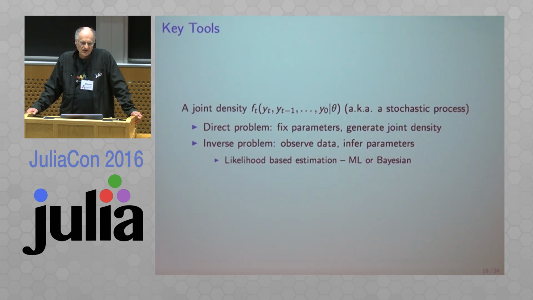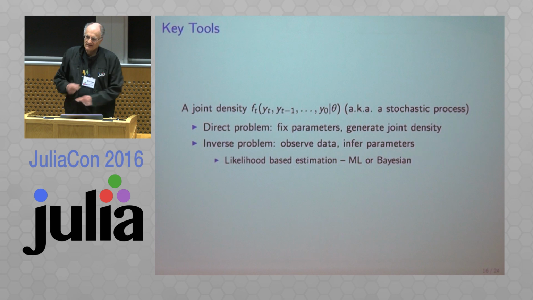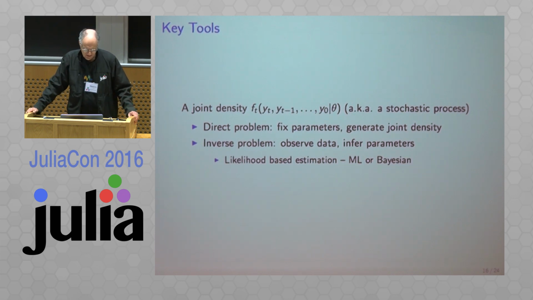Okay. What's the inverse problem? You observe the Y's. You observe one realization of the Y's, and you invoke faith and God and laws of large numbers and central limit theorems and stuff like that. And you want to infer the parameters. So there I flip it around, and I want to back out theta from the observations. So there we use likelihood-based methods or Bayesian methods.